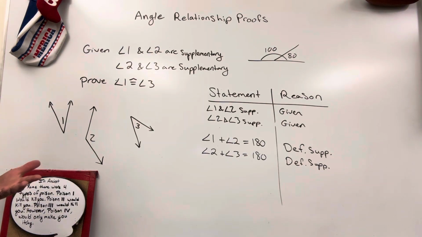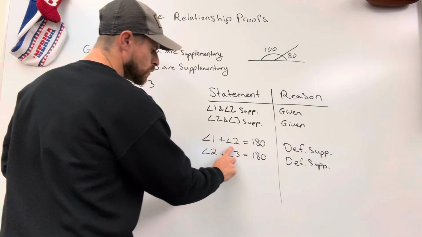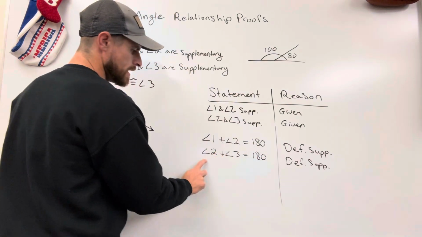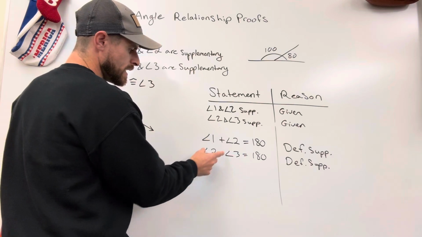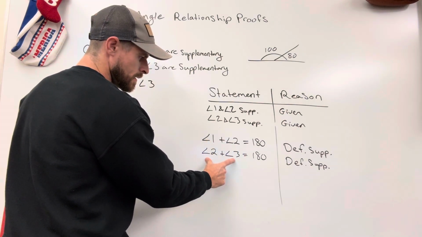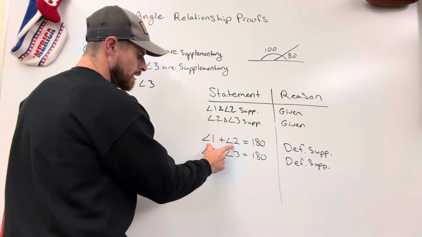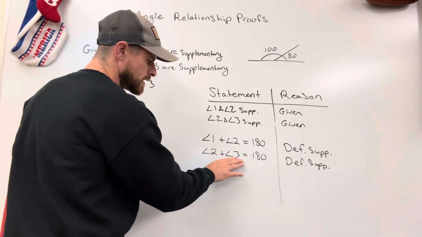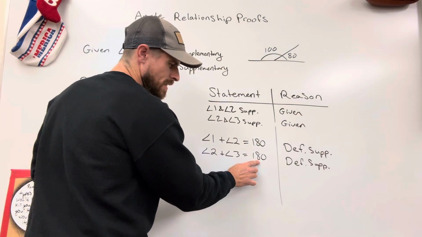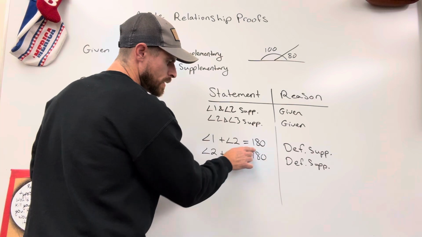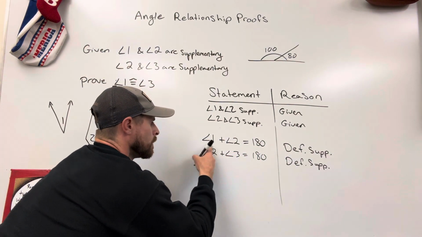Okay, so now we're going to use substitution to replace. If this is equal to 180 and this is equal to 180, they're the same thing, meaning this is equal to this. Why? They both equal the same value, so this has to be the same as that. So we're going to substitute angle 2 plus angle 3, which is the same thing as 180. We're going to replace that 180 with this information. So I'm going to say angle 1 plus angle 2